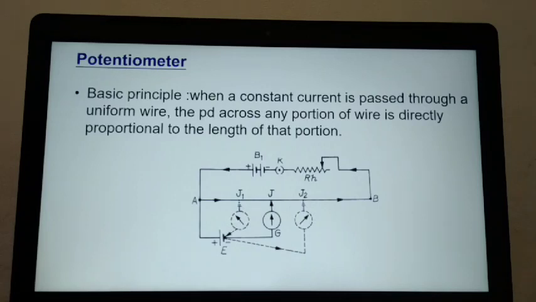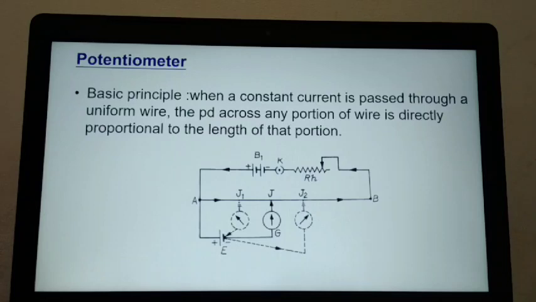Okay, and if you adjust the rheostat, you can adjust the resistance in the primary circuit. Suppose the rheostat is arranged in such a way that resistance in that primary circuit is less. What does it mean? More current will flow. More current means more potential will be there in AB. So to balance that, you have to go for a larger distance with J. I already told you, as the length increases, the potential drop increases.